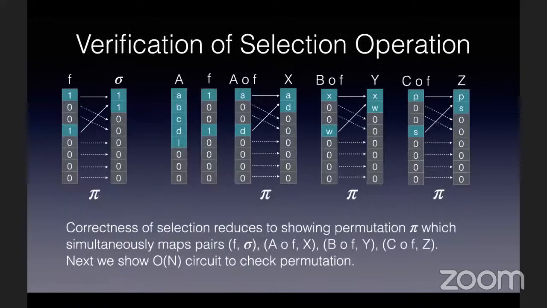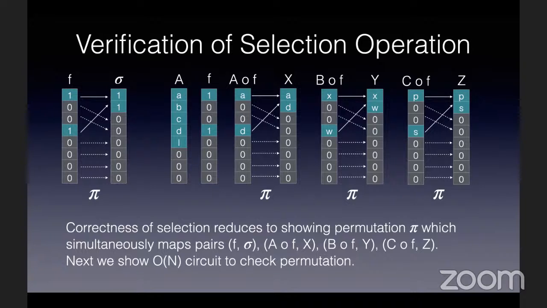So you can see here, this is a rearrangement, a permutation that takes F to sigma, and you apply that same rearrangement on, let's say, A compose F. A compose F simply masks out the column A wherever F is 0 and retains the column A wherever F is 1. So you get AoF, and AoF is really simple. If there's a set of wires representing A and a set of wires representing F, AoF is simply multiplication, because F is always 0 or 1.